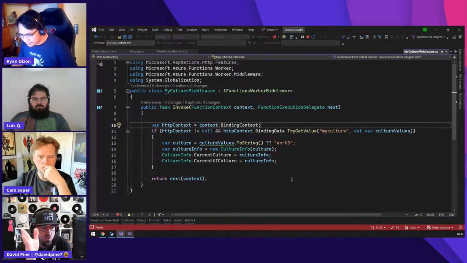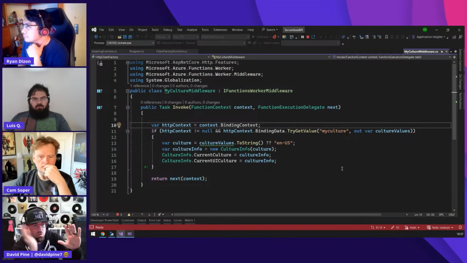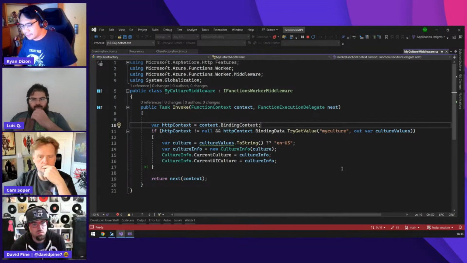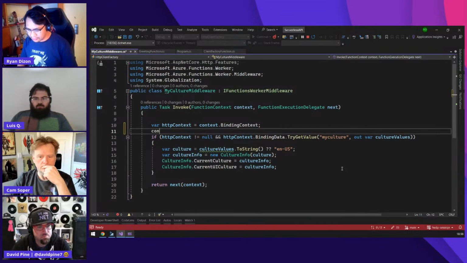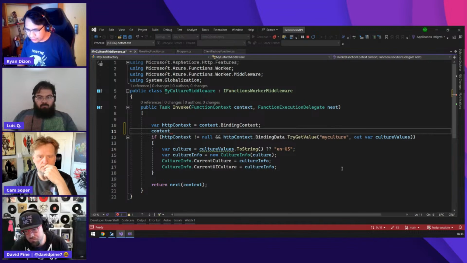And one thing to note about this is you're instantiating a culture info from the client, from the request to your endpoint. And you're setting these culture info dot current static values. And that's okay because it's the context of that serverless request. So that's not going to be shared for any other call. Correct.